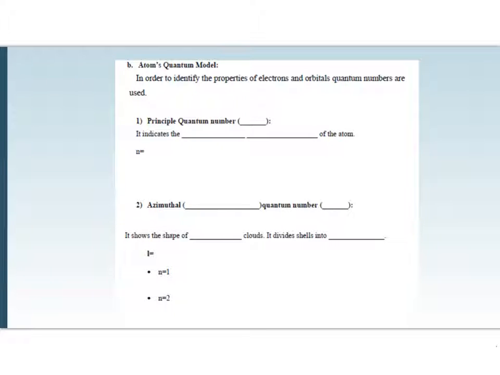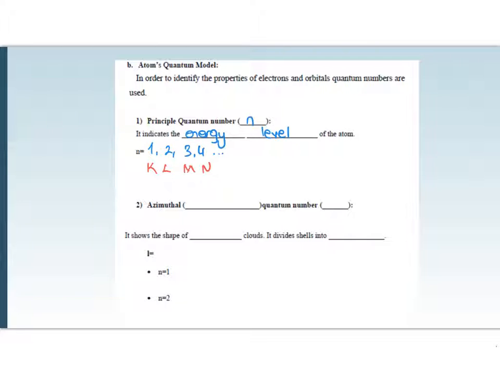Principal quantum number is shown with n, and it indicates the energy level of the atom. In fact, it indicates the energy level of the electron that is found in this atom. So n can be the numbers 1, 2, 3, 4, goes like this. In fact, it goes till the end of 7 because in the periodic table we have 7 periods. Or you can just show it with the capital letters like K, L, M, N, which indicate the shell of these